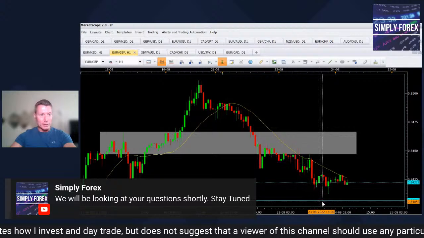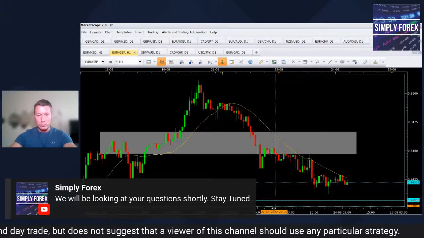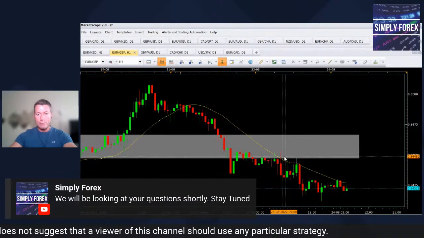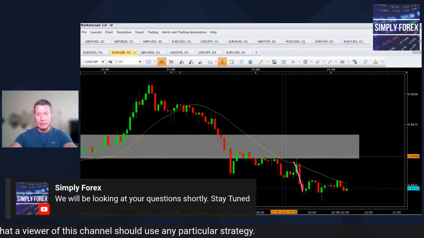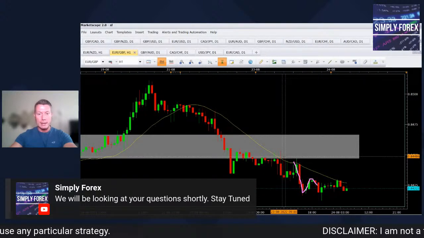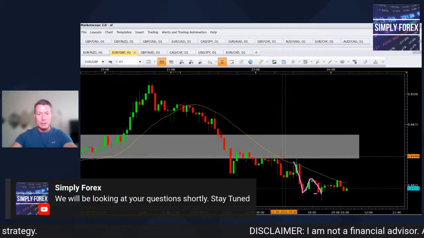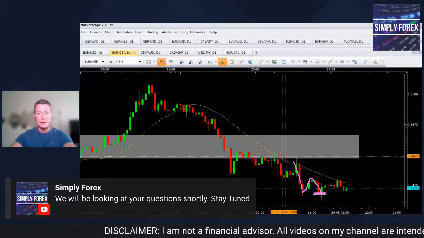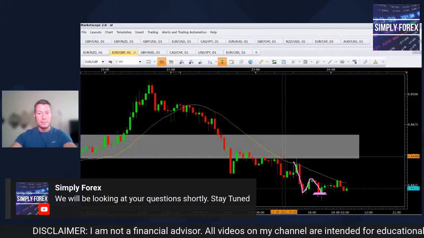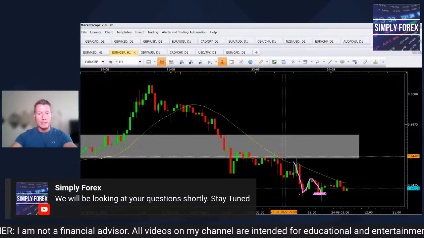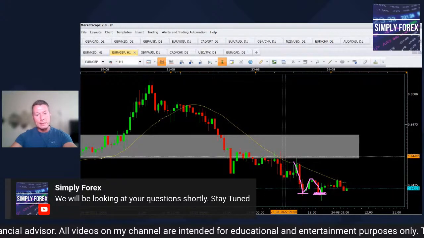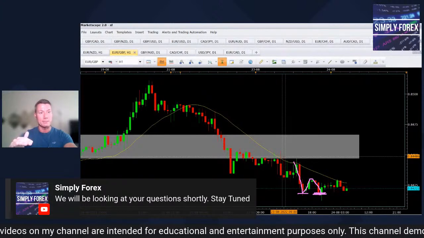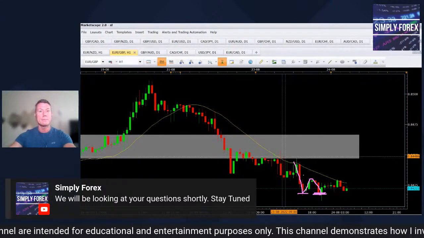What happened here, guys, and it's quite important to show you, is this. When price came down to here, and then it came back up and then came back down here again, this is when I got out, because the markets are starting to slow down for the evening. So that's the reason I got out. It tested this level once. Once it did it again, I closed 80%, and I'm still in this trade for 20%.